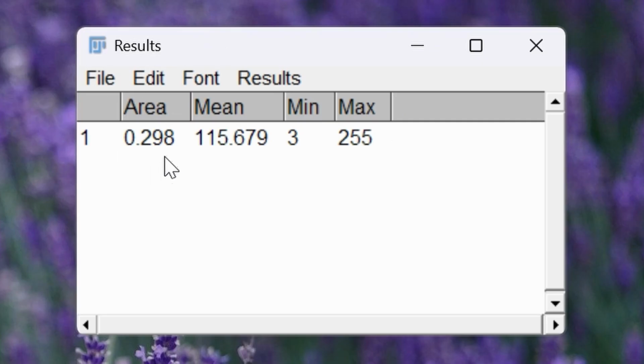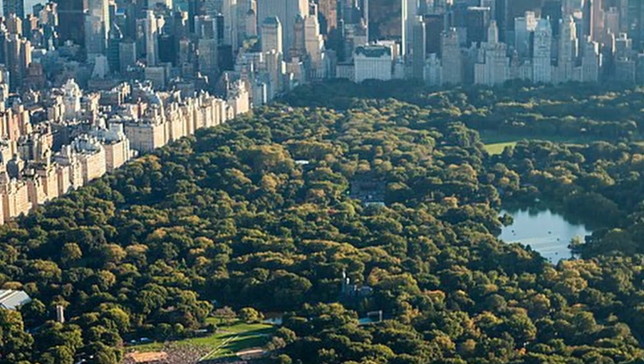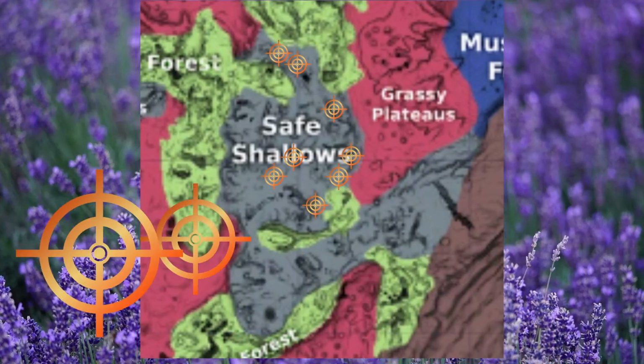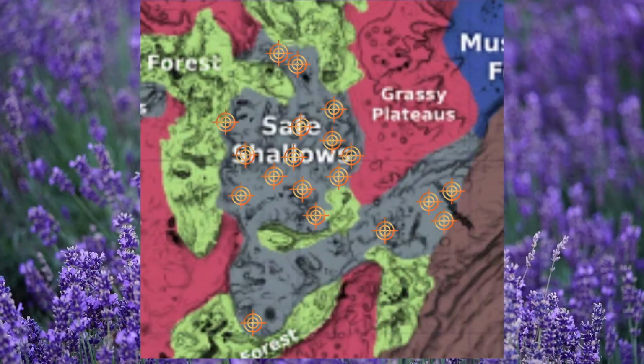Well, here it is, 0.3 square kilometer. Or for you who don't know, it's roughly the size of New York Central Park. Anyway, across that entire area, I found at least 19 sites that meet my requirements to do the experiment at. But I only needed 3, and choosing the correct ones is crucial here, because a single biased location can ruin